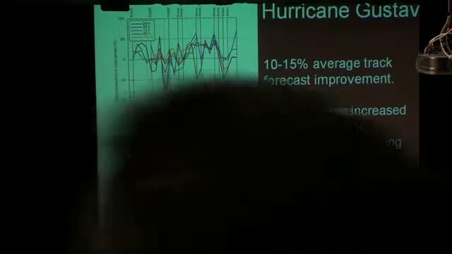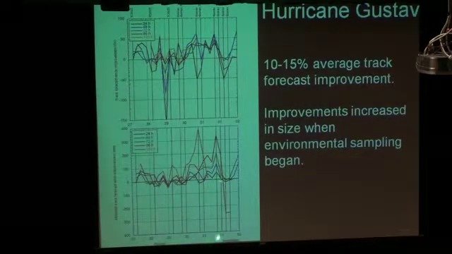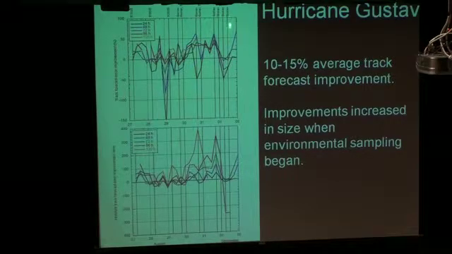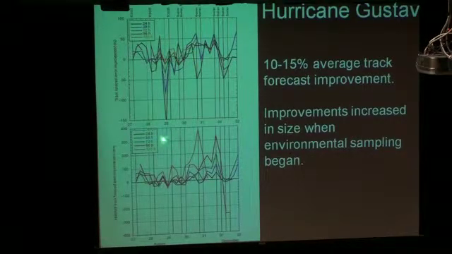And these horizontal lines here show when we actually flew missions anywhere in the globe. So here you can see we flew Gustav here. This was one flight, but the data got into 2 cycles. Another mission here, another here, and another here. So there were 4 missions. And in this case, you can see that we had some small improvements